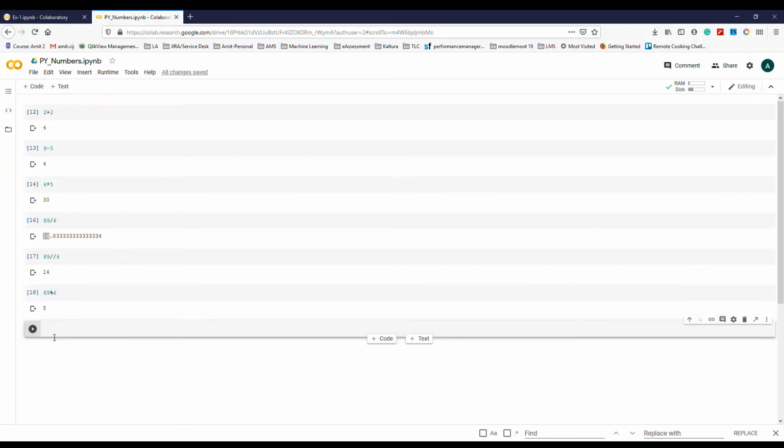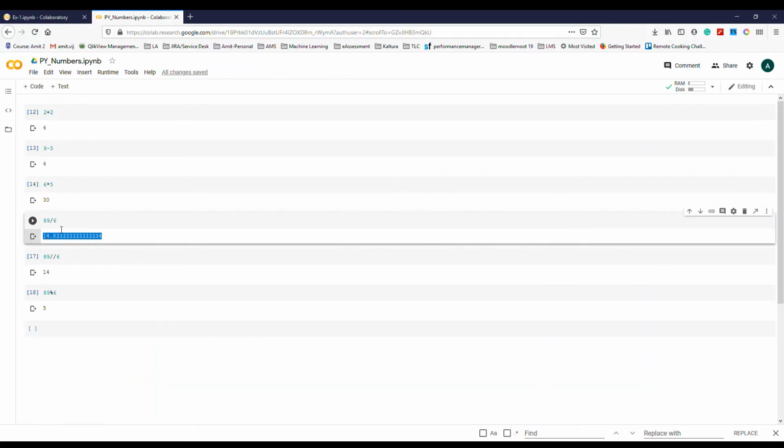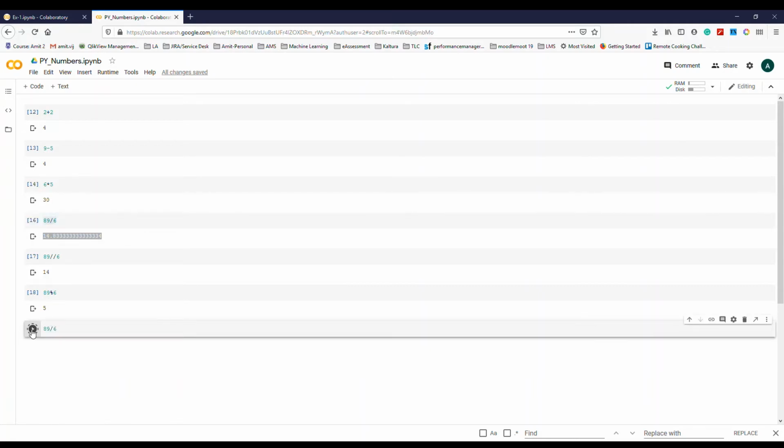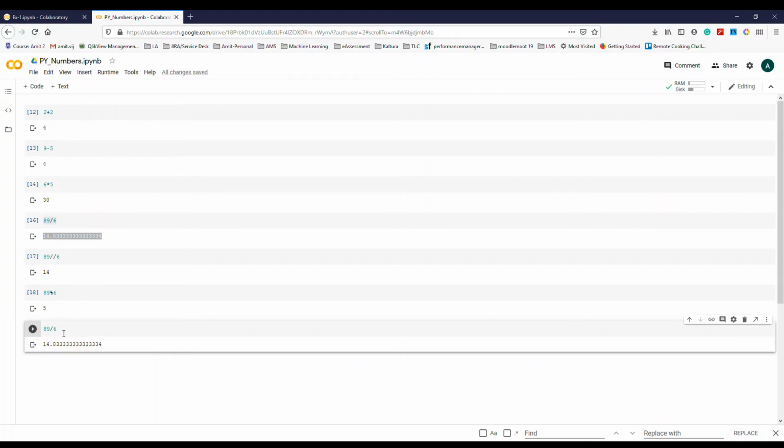Moving forward, for example, we just don't want this big value here. If we're using the same one, I'm copying it here from here. We don't want to have a lot of decimal places. So we can use a function called round to round off the decimal places. And after doing the calculation, we have to tell it how many decimal places we want. We can choose 1, 2, and split it by a comma. We can have 1 or 2. So this way, it has rounded to the nearest value.